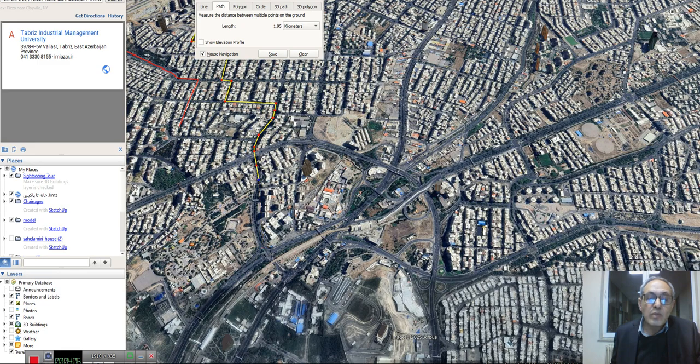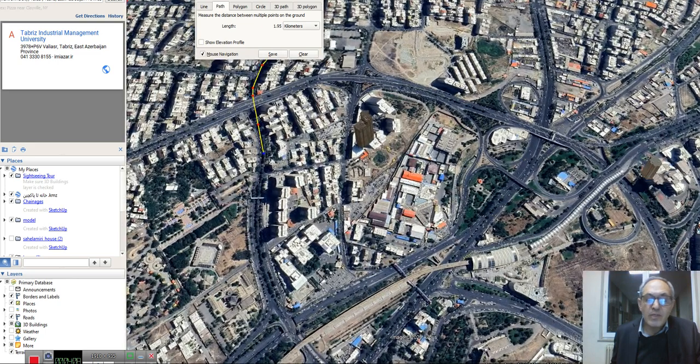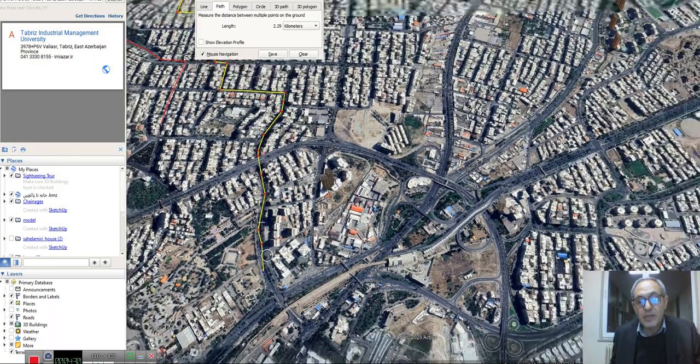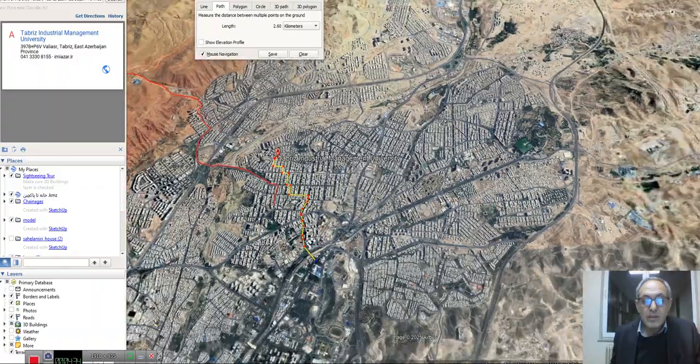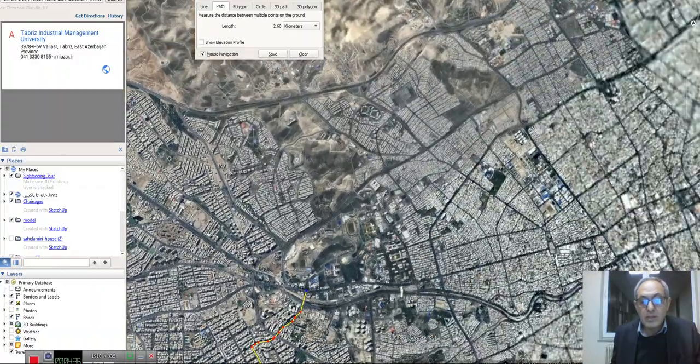In order to delete the last point, I press the right key. For the left key I'm digitizing, as you can see. If I make a mistake and press the right key, it will remove the last point. Okay, and then up to here, and then the road that I was cycling